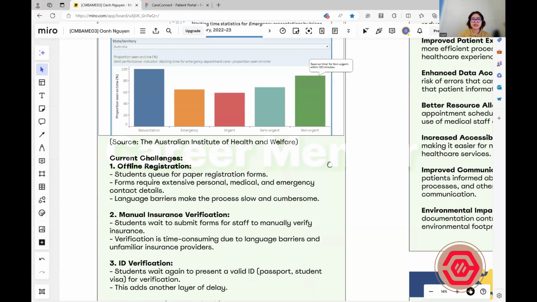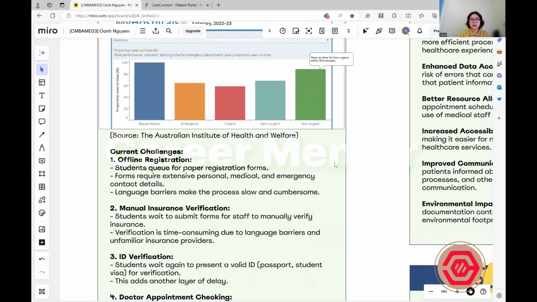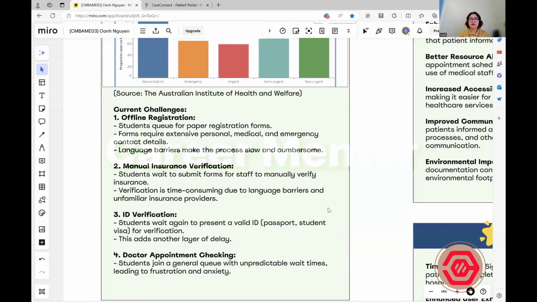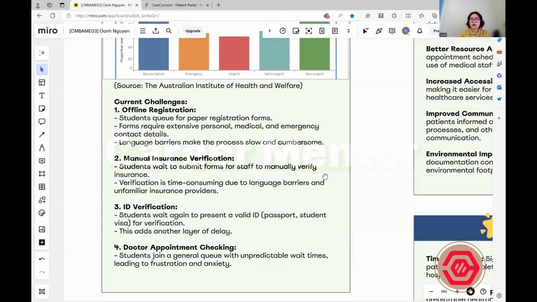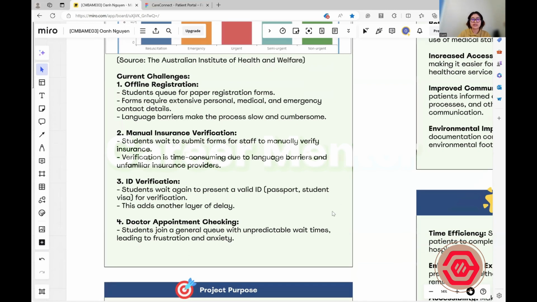And the cause of this long waiting time is offline registration. The patient has to wait in line to receive the paper registration forms. And for the patient who does not speak English, the language barrier could make this process slow and cumbersome. The other challenges are the verification of insurance and ID. The verification process is done manually, so it is time consuming. And the other challenge is the waiting time spent on